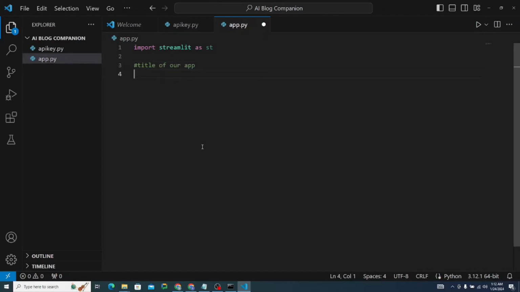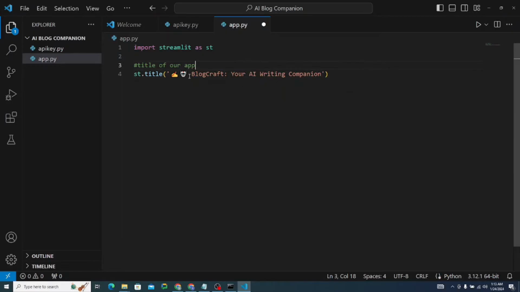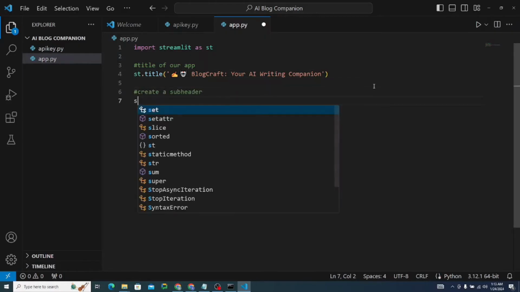For that I can say st.title, that would be equals to something like BlogCraft, your AI writing companion, okay? Then what I can do here, I can simply create a subheader. For that I could say like